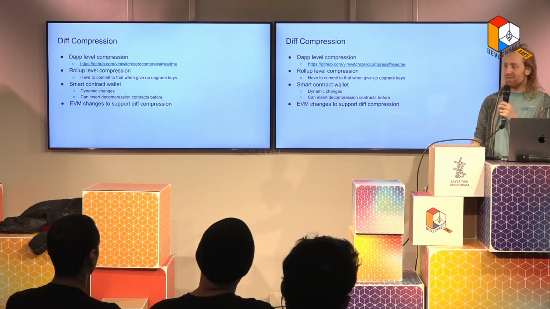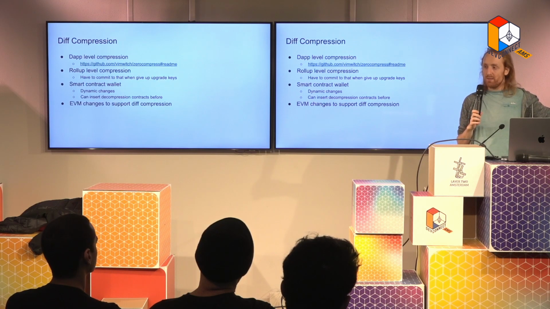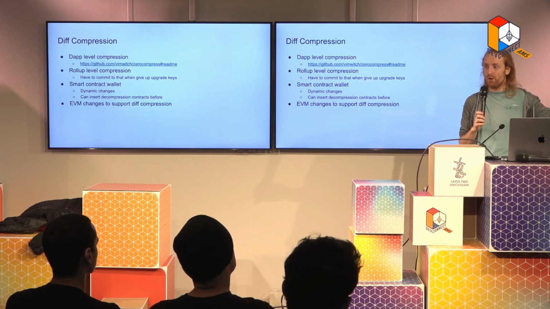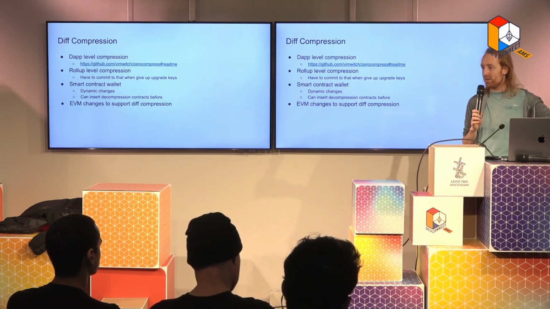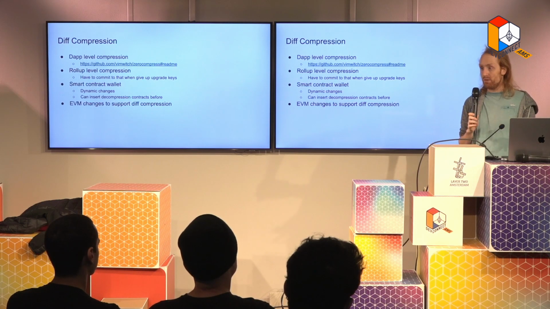Because we were talking about Optimistic rollups earlier, I wanted to mention another project that we're working on. The reason that Optimistic rollups are more expensive than ZK rollups is because you need to put more call data on chain. You need to put the signatures of every transaction on chain because they need to be checked in the fraud proof. In ZK rollups, they're not checked in the fraud proof, they're checked inside the ZKP. So if we're able to remove the signatures that we put on chain, we're able to reduce the cost of Optimistic rollup so that it's basically equal to the cost of ZK rollup.